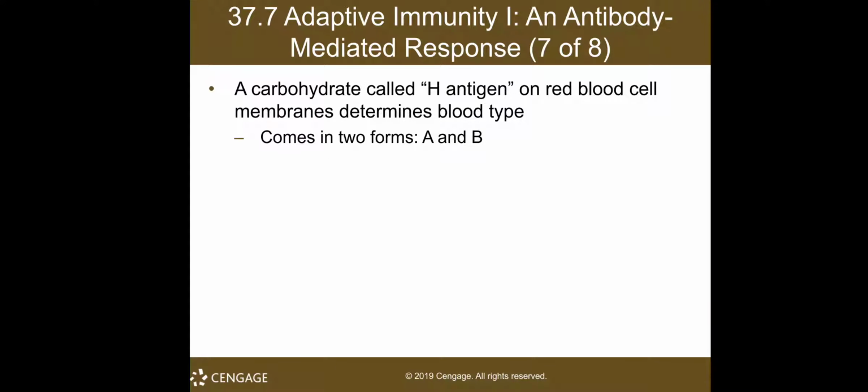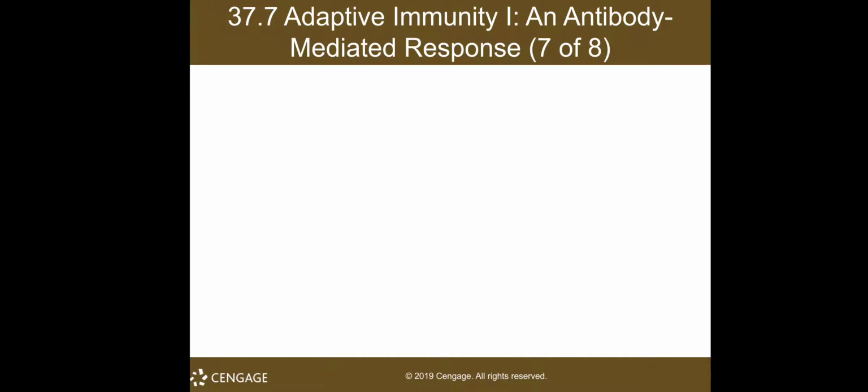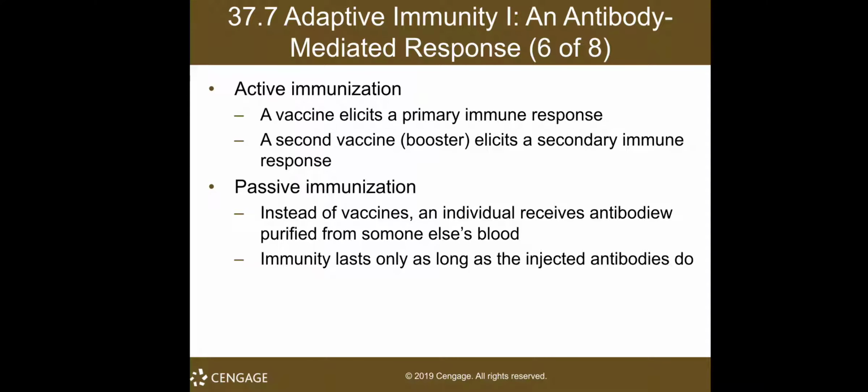So a carbohydrate called the H antigen on the red blood cell membranes determines the blood type. This is actually one of the ways we do blood typing. Okay, before I move on to this one, let me go back to passive and active immunization, because